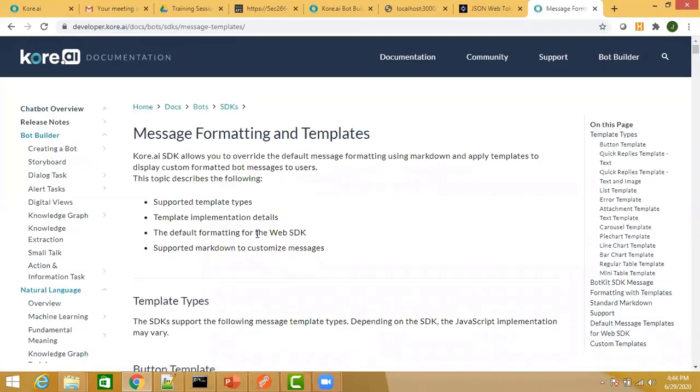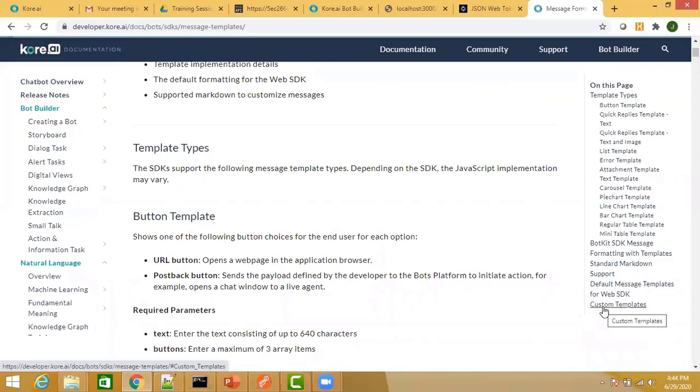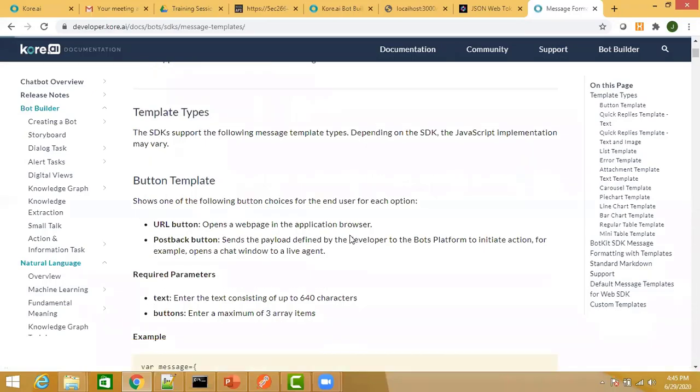As developers, you can also build your custom template, something that is not supported. You can refer to our documentation to see how you can build custom templates on our platform itself. But all your templates have to be provided as JavaScript code.